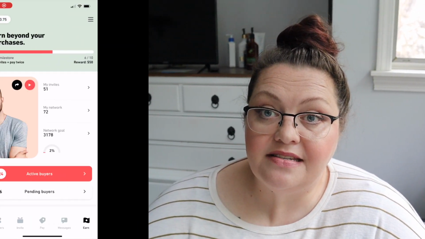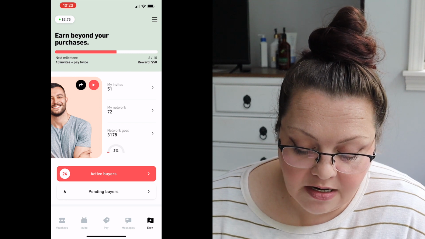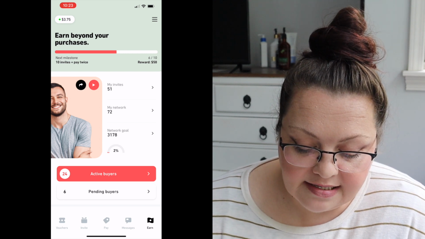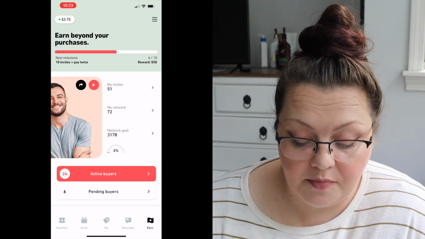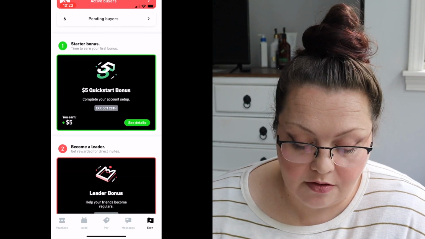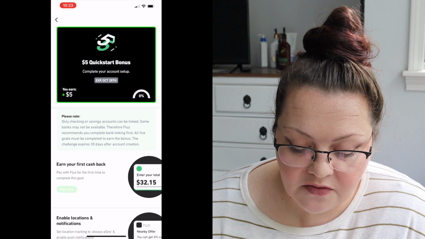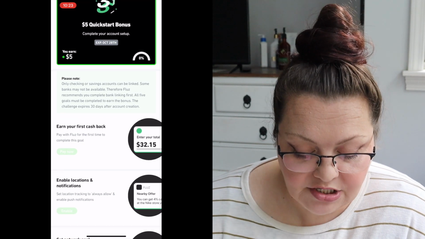The 2K Challenge is a tiered bonus where you complete different steps, and along the way you earn extra cash back. And when you get to the end of it, you'll end up earning $2,000 in total. So the first step is the starter bonus. And when you go under the Earn tab and you go down below a little bit, hit See Details on the $5 Quick Start bonus, and it will list the different steps that you need to do to earn an additional $5 back. You've got to earn your first cash back, pay with Fluz for the first time, enable notifications,